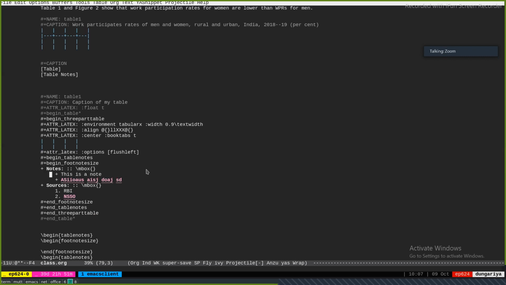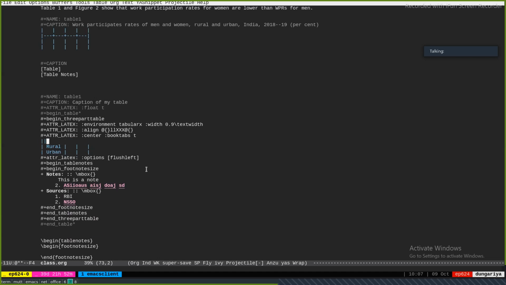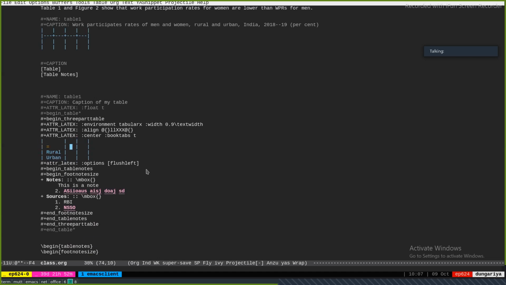Now these could be numbered, or I could use this. Suppose I have superscripts here: rural, urban, something.